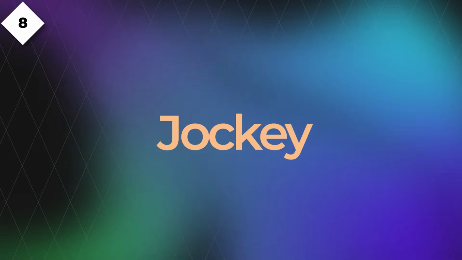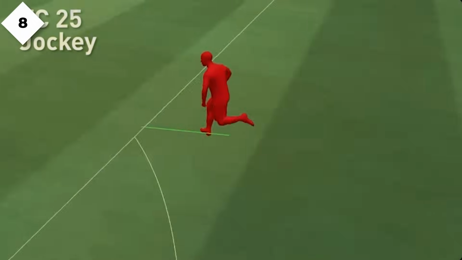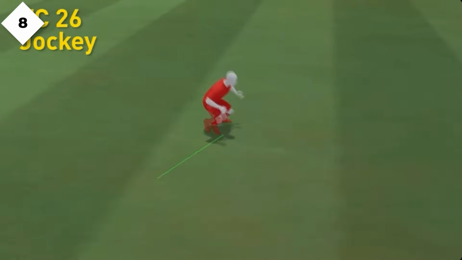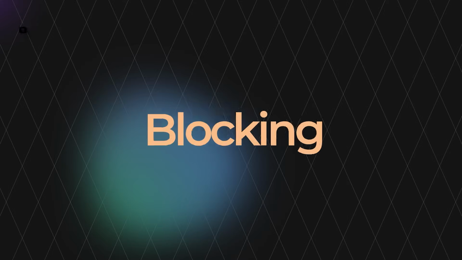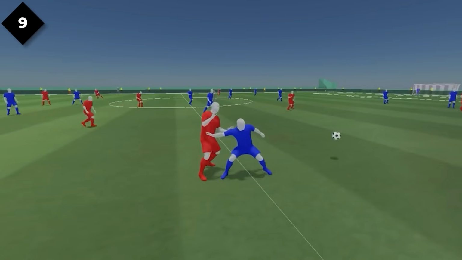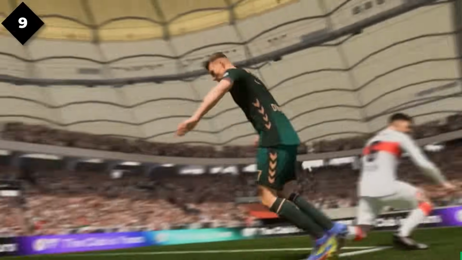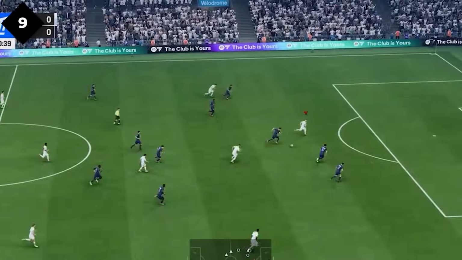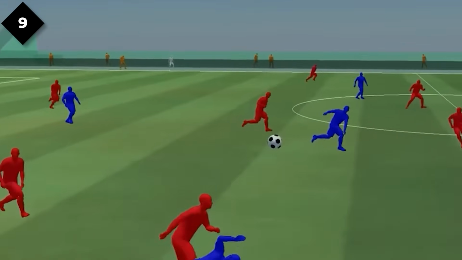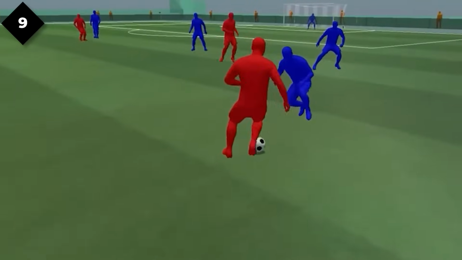Defending got a tune-up too. Jockeying feels more organic with new transition animations as you change angles. Your defender won't freeze or overextend. They pivot naturally, especially with high defensive awareness. Blocking, also smarter. EA added dozens of advanced body block animations. Players will now lean, stretch, or dive depending on shot speed, angle, and proximity. So instead of the classic get nutmegged while standing there animation, you'll see a proper leg extended slide block or